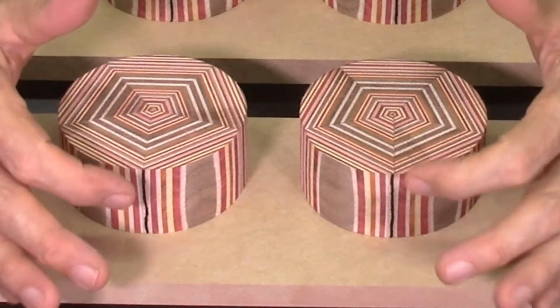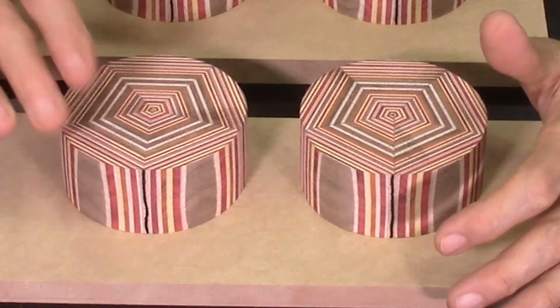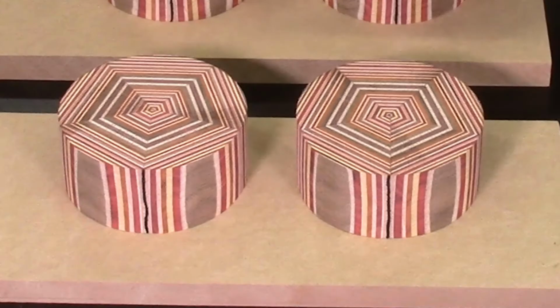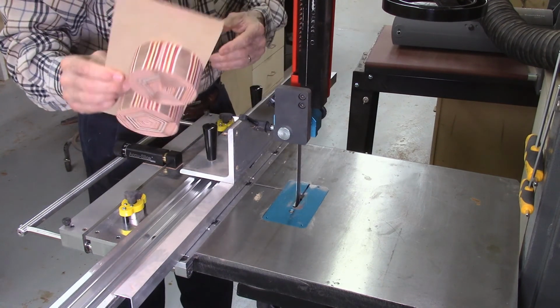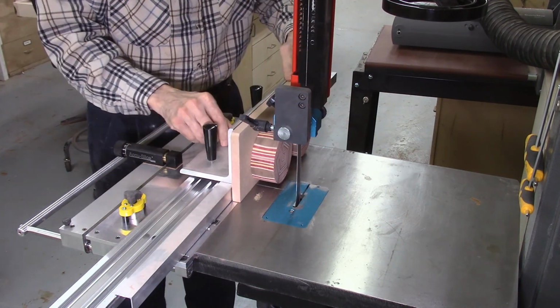And once again, you can see I did put lines on here just for alignment purposes. So when I cut these off later, I'll make sure those lines are all used for my orientation. Okay, ready to start cutting these on the bandsaw. My boards that I glued to this sacrificial fence. Attach it to the